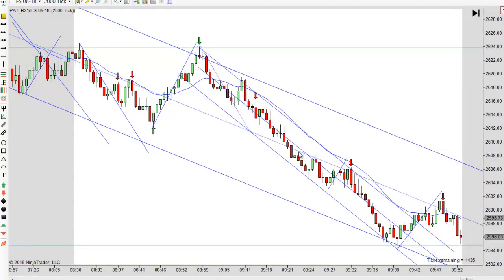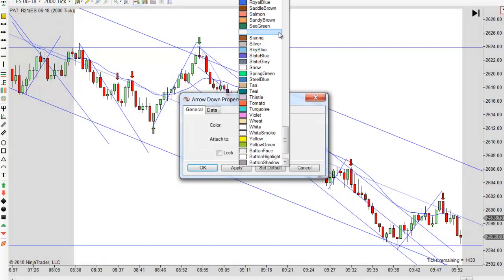You get another little pull back that tests the midline when it goes through it and turns back down. But again, you're going short at the low of the day. You might have taken this one. It's a first entry, but notice that it's right at this midline and it's right at the bigger pattern midline, and it's only like 2 ticks, so you might take that one. I'll make it green. I actually like that trade, but